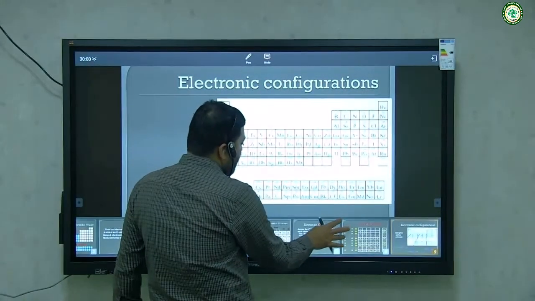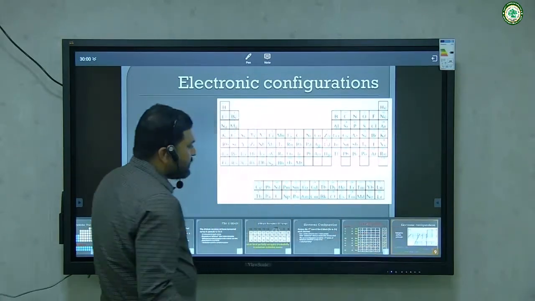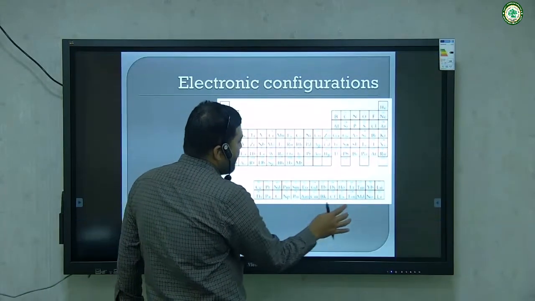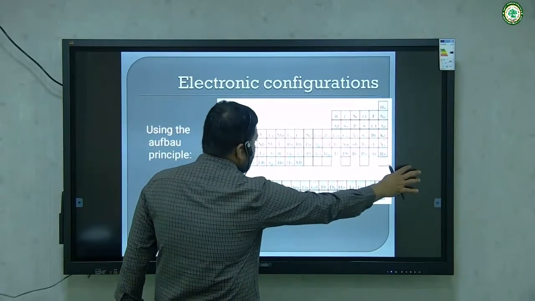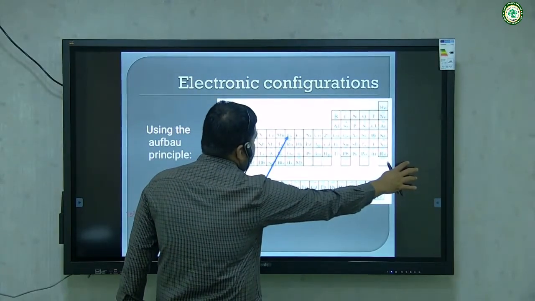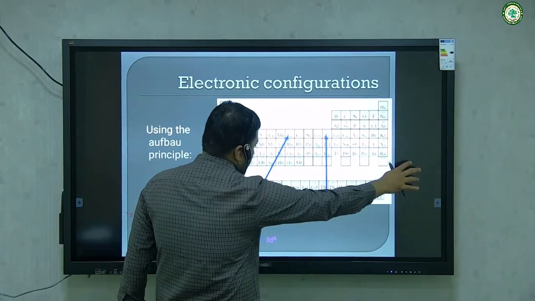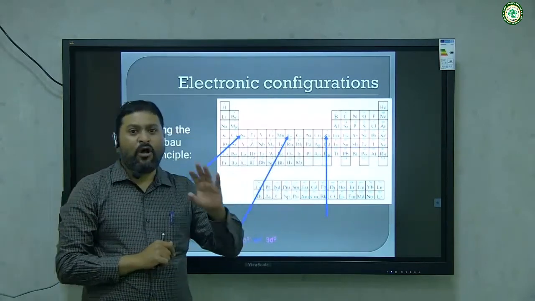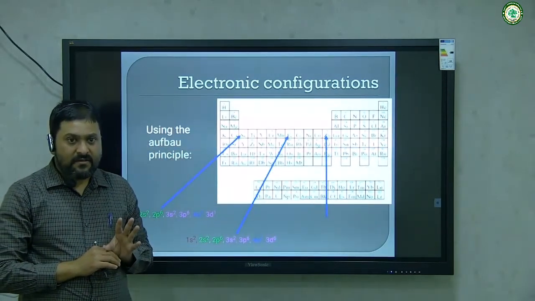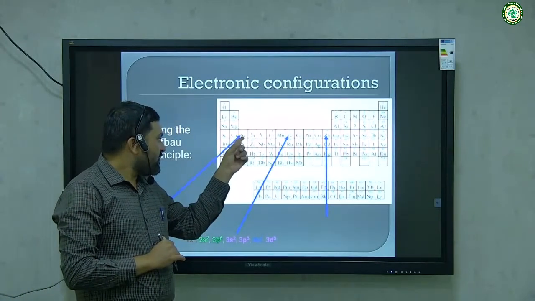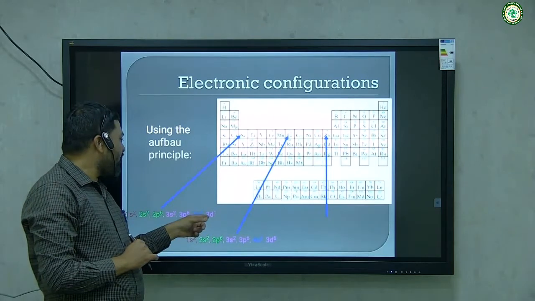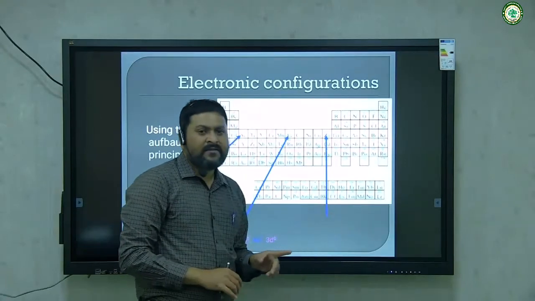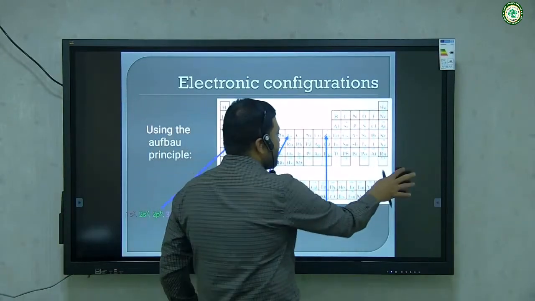Just before I said that while studying the electronic configuration of the 3d series, scandium and zinc are not considered as d block elements. The reason behind that is, in scandium only one electron is present in this subcell, and in case of zinc the d subcell is completely filled.